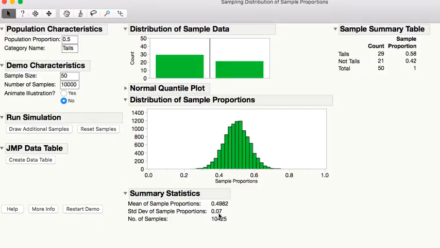So it's through simulation that they discovered all these properties: when you examine sample proportions, as you look at every possible sample there is, we get a bunch of sample proportions. It makes a histogram. That histogram turns out to be normal if the conditions are met. We haven't gotten to that yet. It's centered at the true population proportion of 50%. You can see I'm pretty darn close to that right now, with a standard deviation of the square root of pq